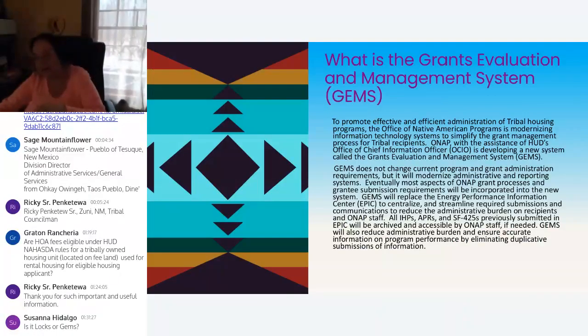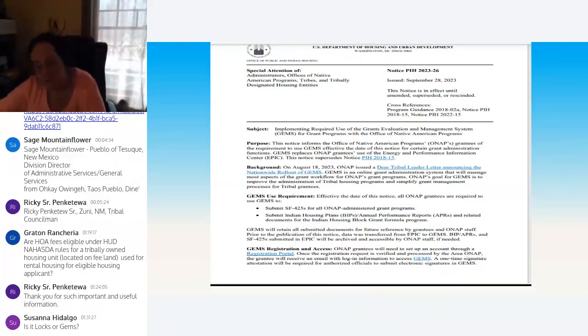So we now have to use GEMS. When they said we had to use GEMS, this is a new way that we actually report. Our SF 425s went from quarterly to yearly, unless you're an investment tribe, okay? It stops duplicative stuff, and it has a place where everything's filed and supposedly accessible now. So you can go back and get your old reports to look at them. Hopefully it'll help us